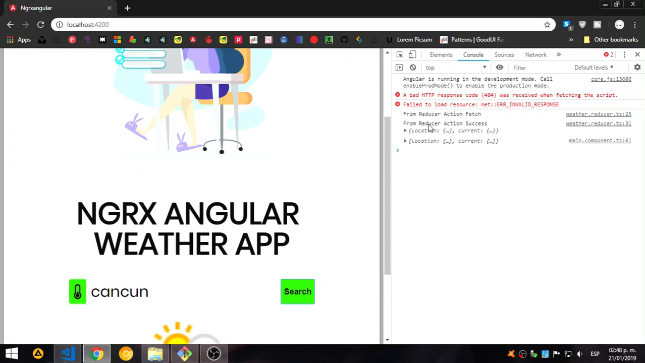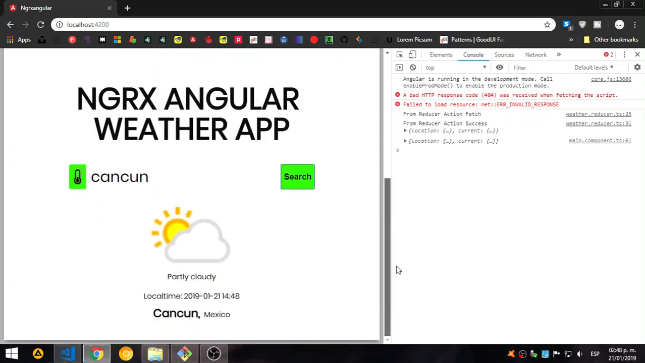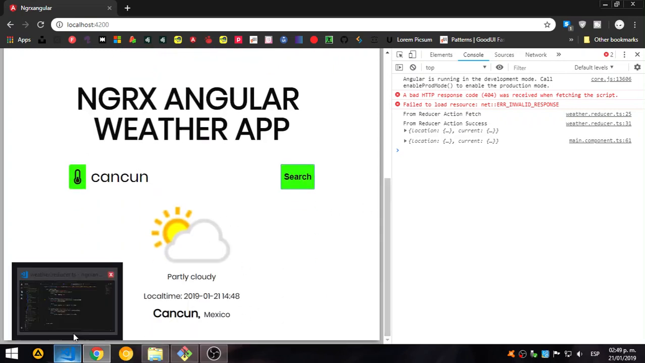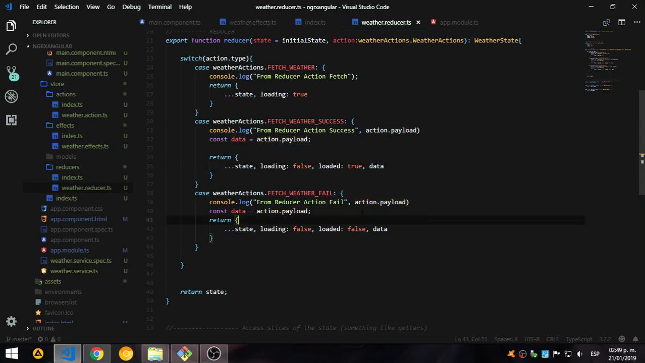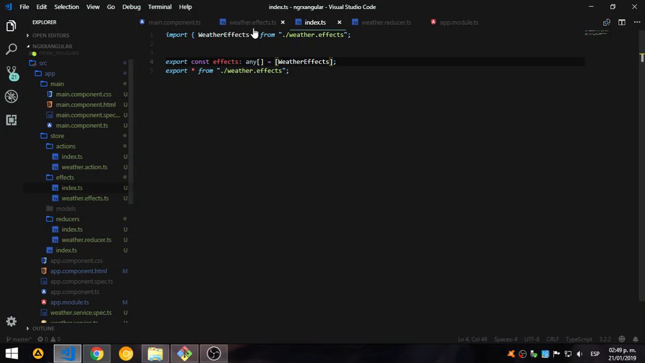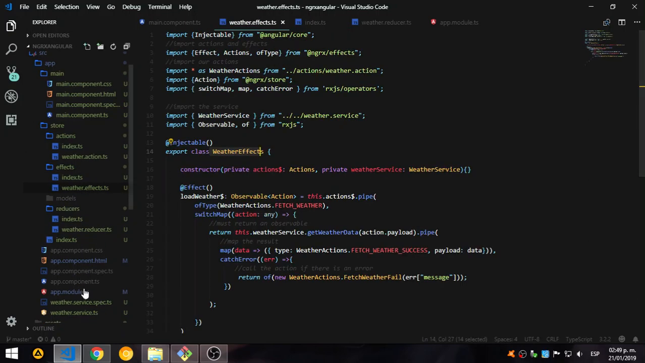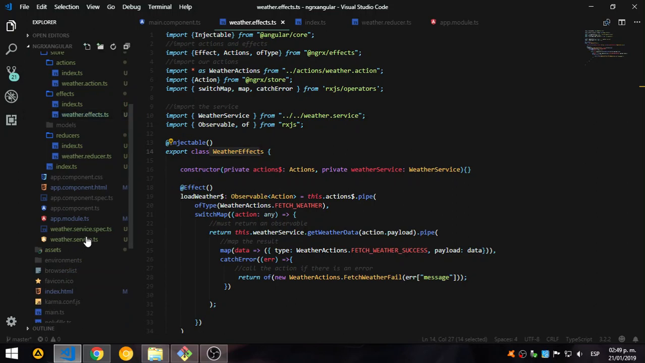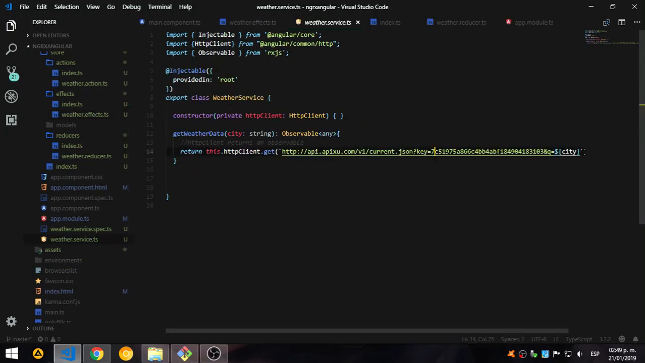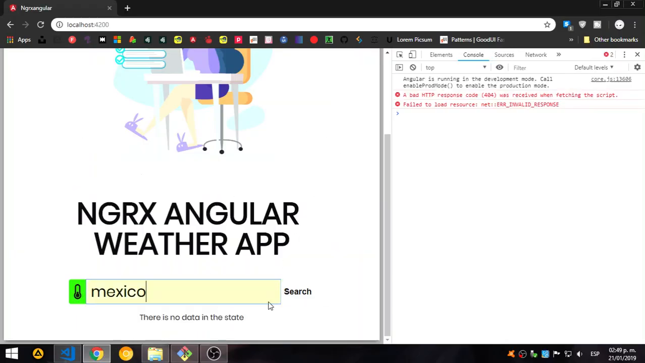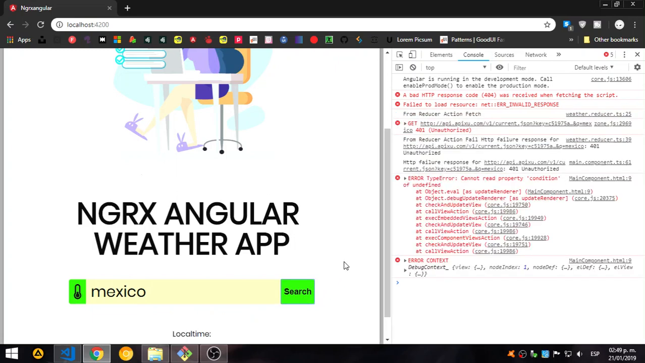So that payload, from reducer action success, is this whole object. Okay, and also this one. So let me go, so you can see, let me go to the service. Let's say I missed a 7 there from my API key. Let's say Mexico search. Okay, this one is from my component,